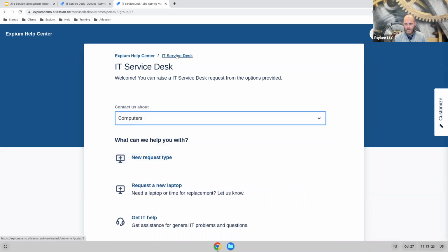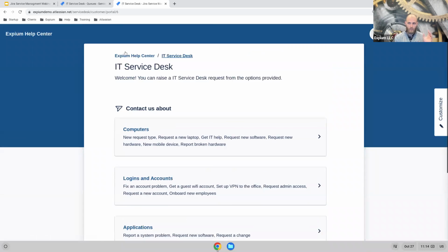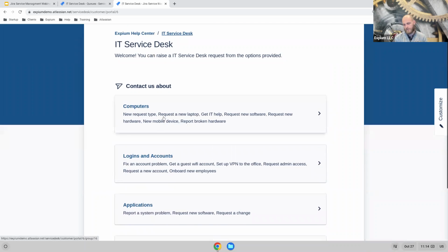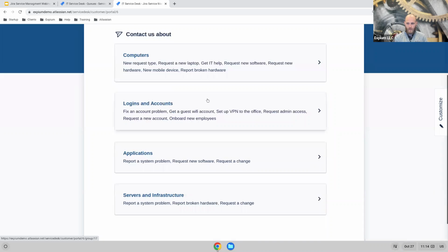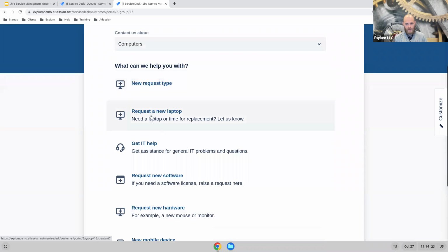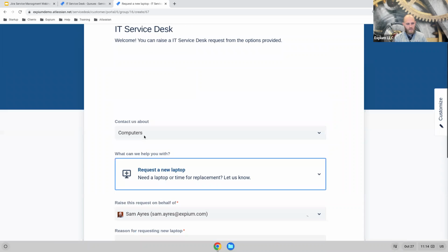Just to point something out here, going back to this other level of portal categories. Hierarchically, we're looking at help center, portal categories, and then request types under those portal categories. And what's nice here is you probably noticed we have a description under each of these portal categories as well that will help our users steer in the right direction as far as submitting a request. So requesting a new laptop, let's say I would go into this request,